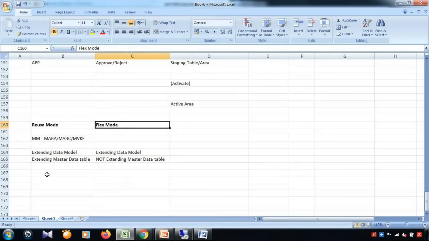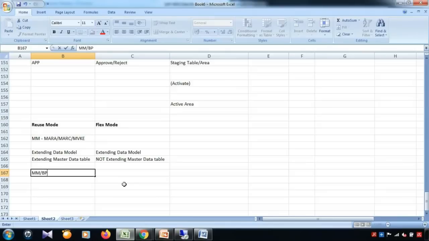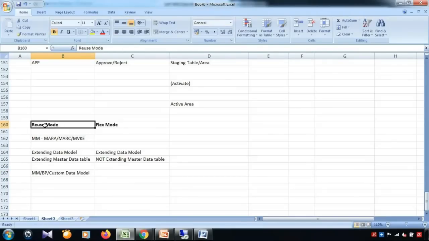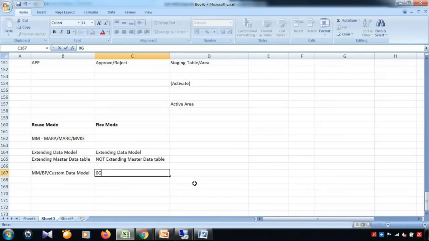So I can say for the BP data model, for custom data model, we will be using the reuse mode. Flex mode is something which we use normally for the finance data model. And obviously you can use it similarly for your custom data model as well. It all depends on your requirement. But now the question is why finance? Why not other